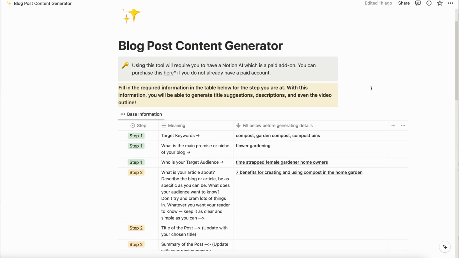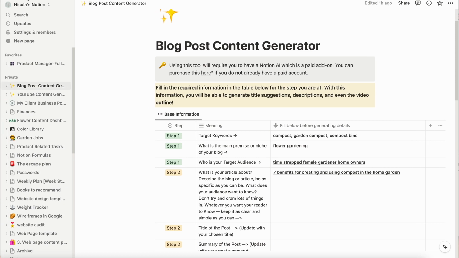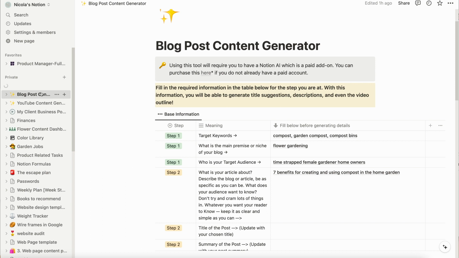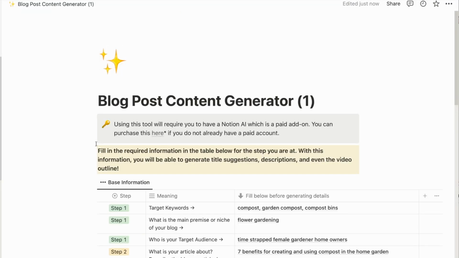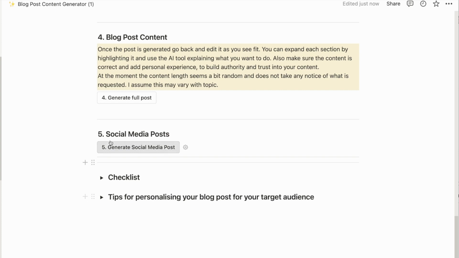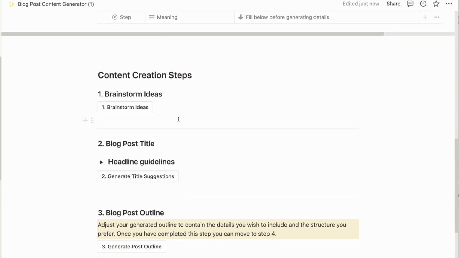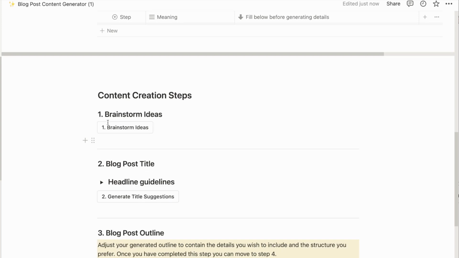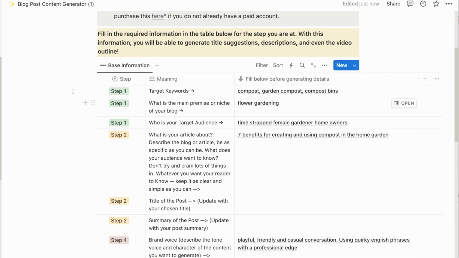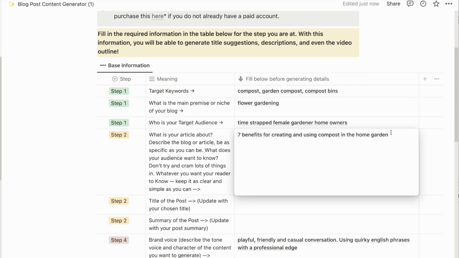So if we start with a new blog post page, now if you've already used it as a page in its own right, or if you want to continue to use it as a page in its own right, I would be inclined to duplicate it first. Start off with a blank template as much as needed, so none of the AI blocks have been created. All of the details in the database are blanked out apart from the information